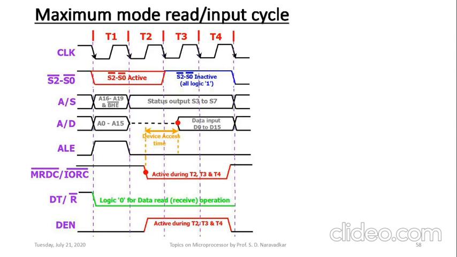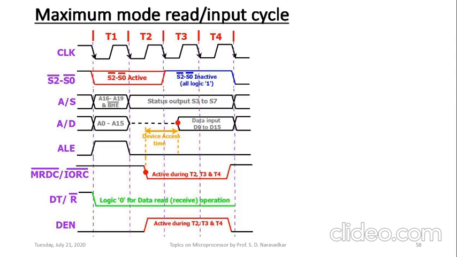Okay, keep in your mind that using the active low status signals S0 bar, S1 bar, S2 bar, decoding those status signals, the 8288 bus controller will be generating the ALE signal. Then device specific control signals like memory read command, IO read command in this particular timing cycle. Then the DT/R bar signal and the DEN signal, which is active high. So these are the signals generated by the 8288 bus controller using S0 bar to S2 bar active low status signals.